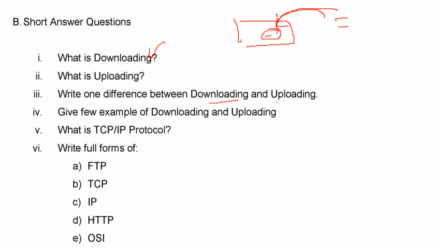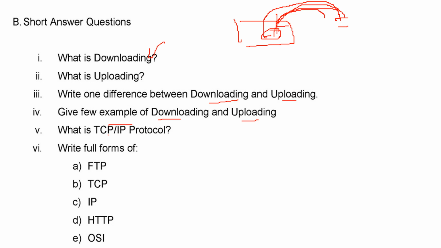Difference between uploading and downloading, an example we'll see together. Downloading means you are getting the data into your system. Uploading means you are sending the data from your system to another system or network file server. For example, even if you are watching something on your browser, that is downloading. If you are downloading something from YouTube or some music, this is downloading. Uploading means you are putting up pictures on Facebook or Instagram, or uploading videos on YouTube.